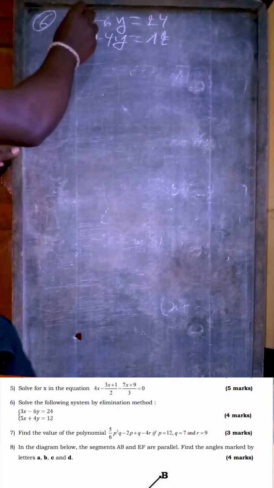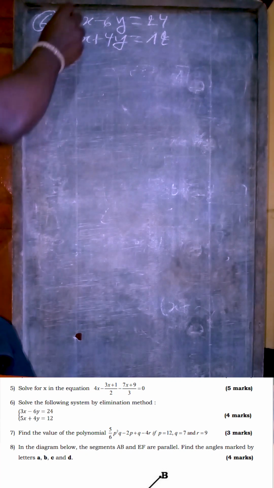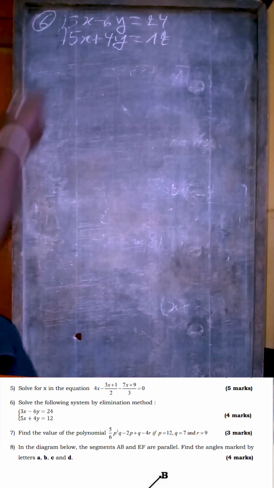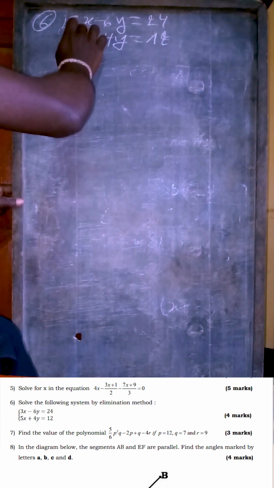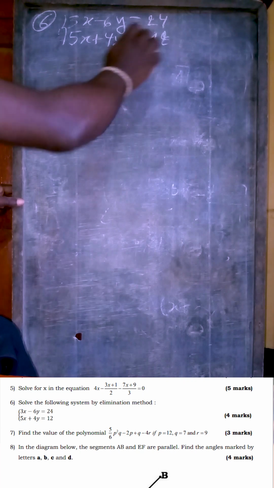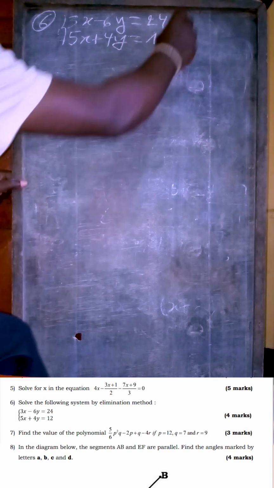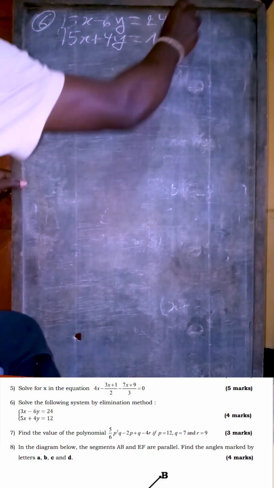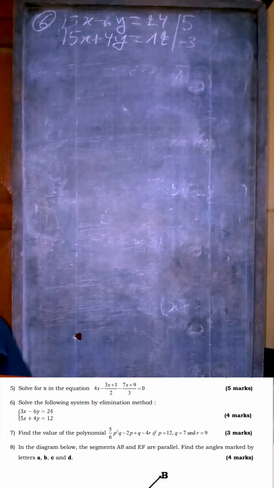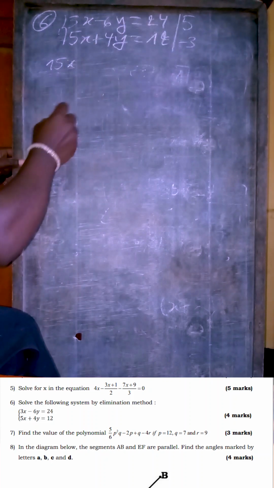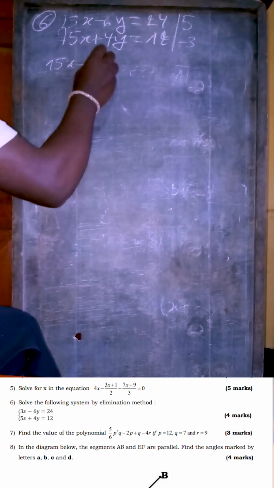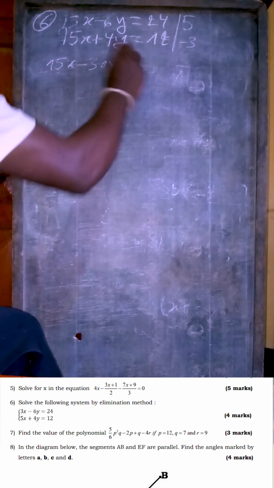So let us check the number that can remove 3x and 5x. We can multiply by 5 on the first equation and by minus 3 on the second equation. Let us do it like this: 5 and minus 3. Then 5 times 3 is 15x. 5 times minus 6 is minus 30y, equal to